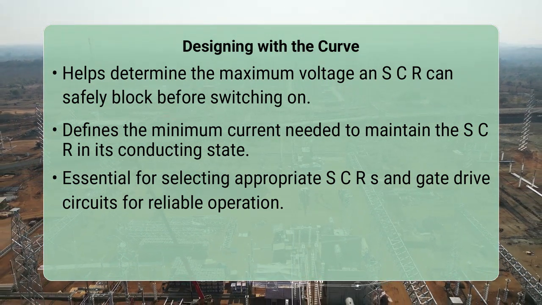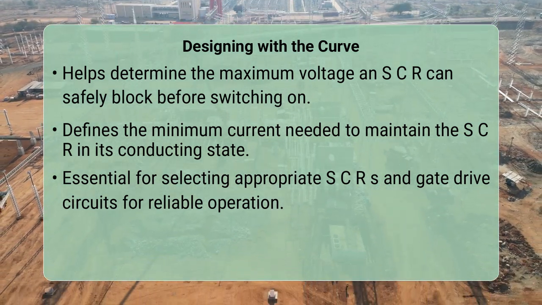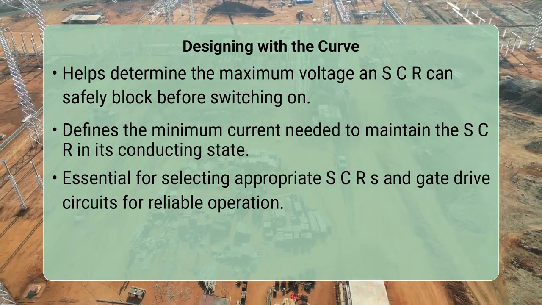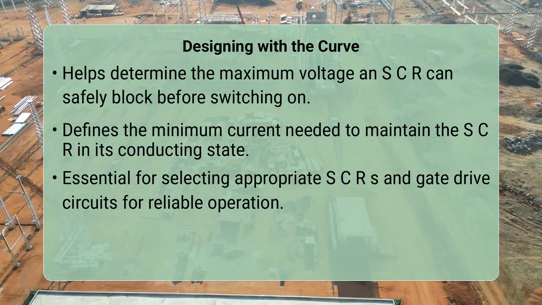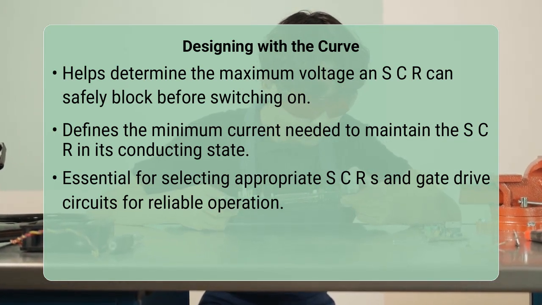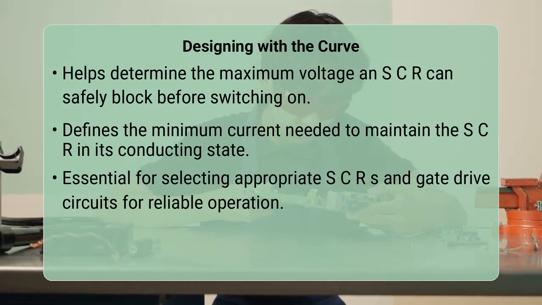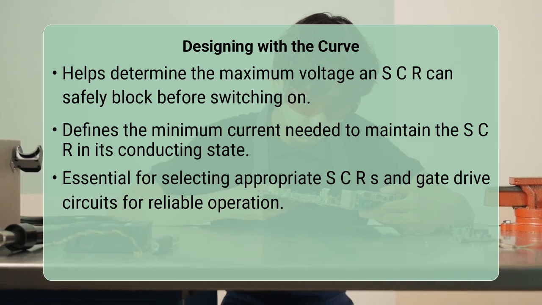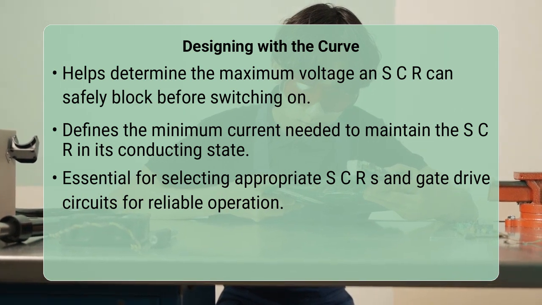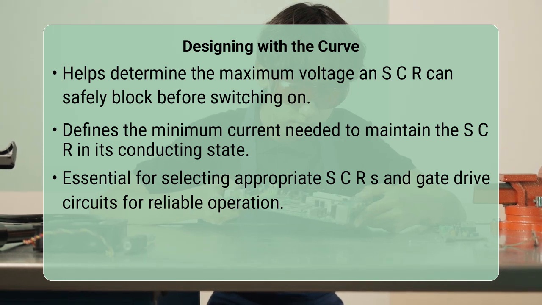For engineers, interpreting this curve is essential for designing circuits that effectively utilize SCRs in applications such as motor control, light dimmers, and power supplies. By analyzing the forward breakover voltage, you can determine the maximum voltage the device can block before unintended turn-on, while the holding current dictates the minimum current required to keep the SCR conducting once triggered. This allows for precise selection of the SCR and appropriate gate drive circuitry to ensure reliable and safe operation within